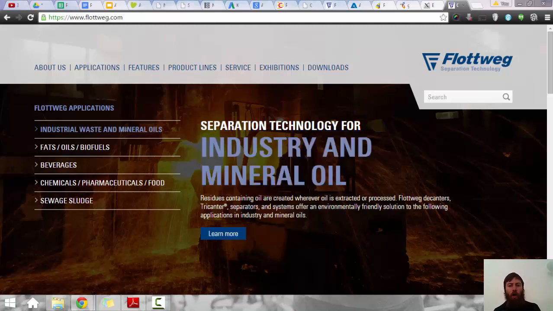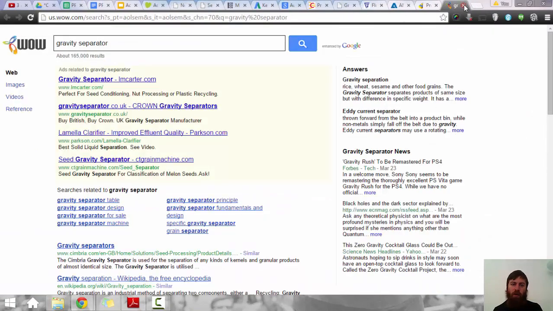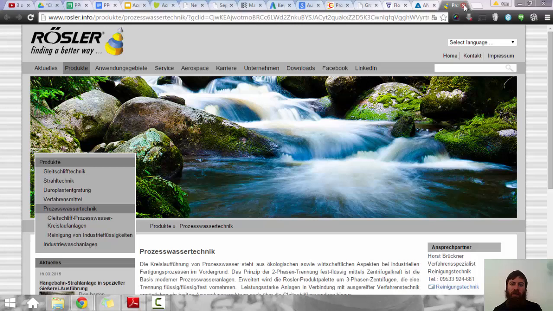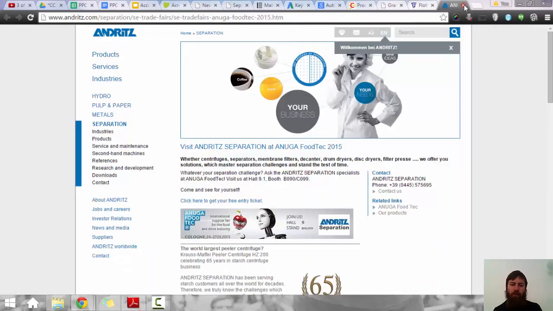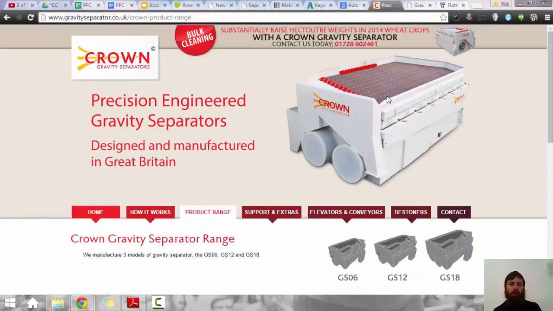But I'm hoping walking through my thought process helps show what I'm doing here. So I'm going to separate myself from some of these competitors right now, and focus on what we do know: gravity separators,